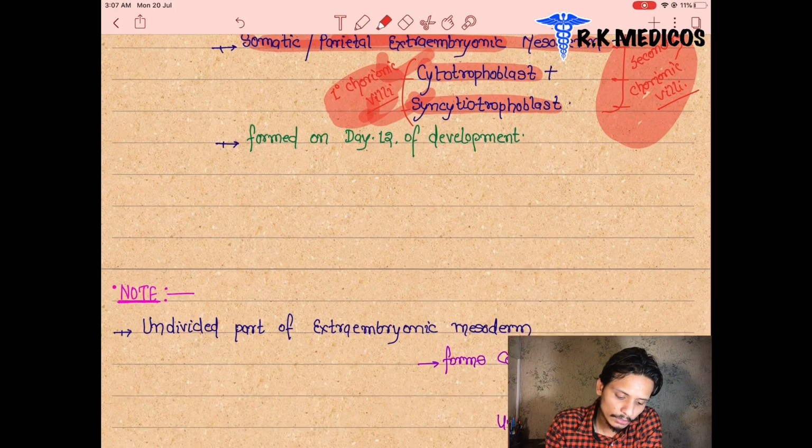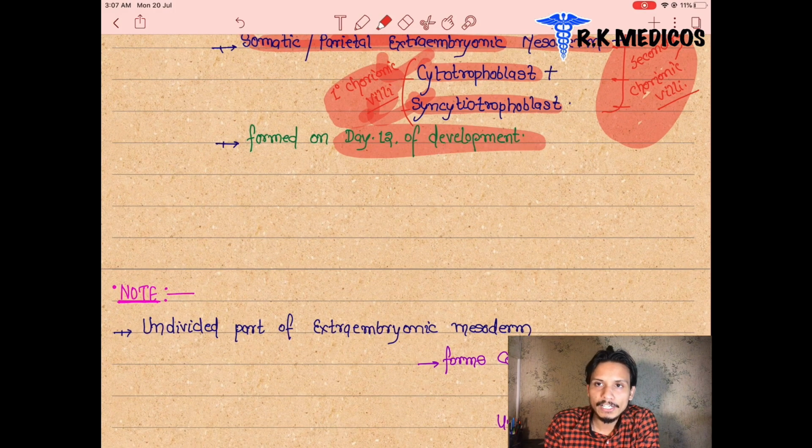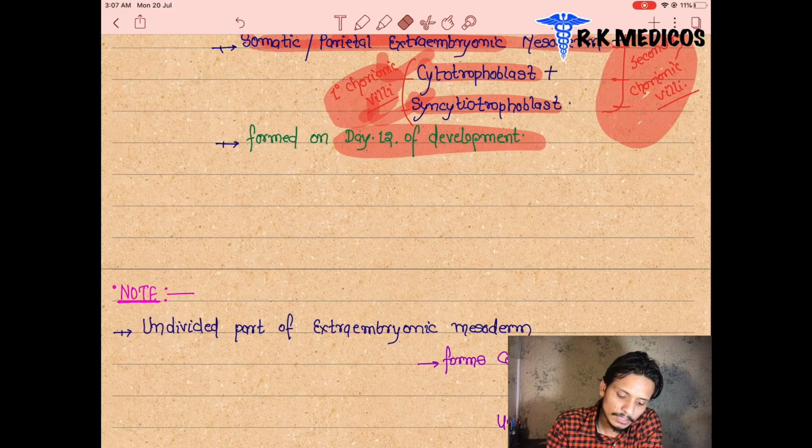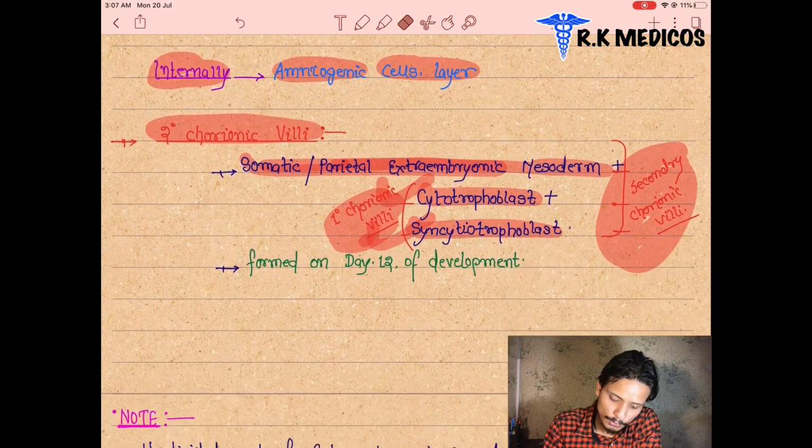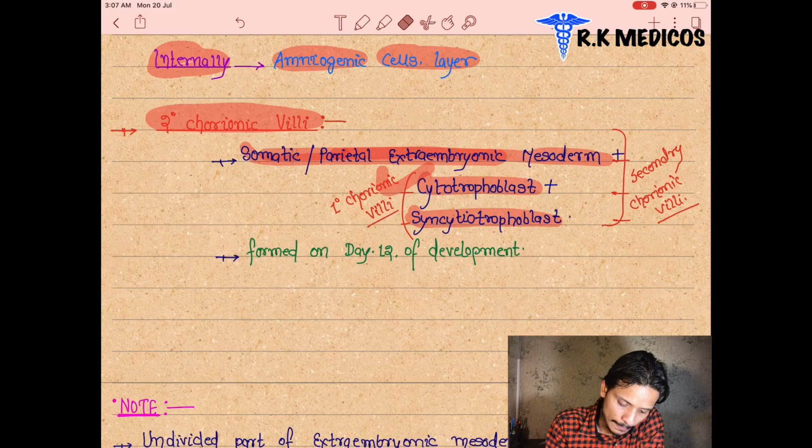They are formed on the 12th day of development. Which one? The secondary chorionic villi is formed on the 12th day of development, and the primary chorionic villi is formed before the 12th day of development. So you have to memorize it. In the next section,